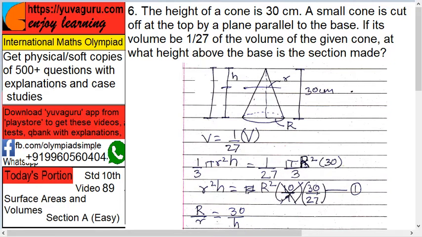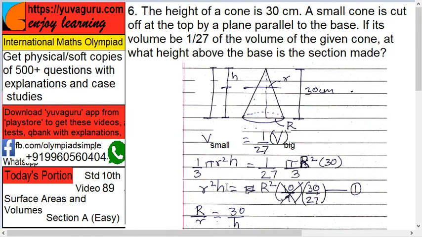So what is given? V small equals 1 upon 27th V big, right? V small, this small and big. Okay, now it's clear. V small equals 1/27th of V big. So we have to find both. Volume of cone is what? 1 upon 3 into pi r square h. This is small r now for the smaller, and for the bigger it is big R.